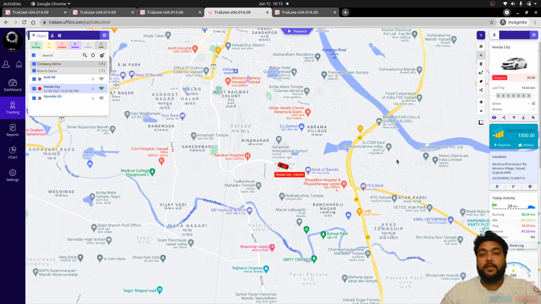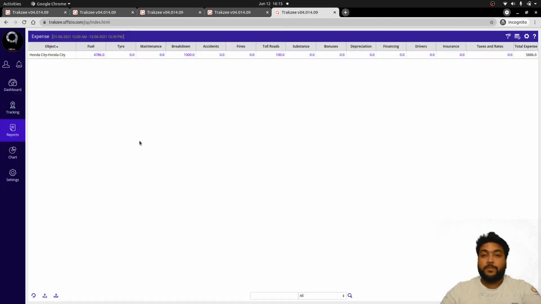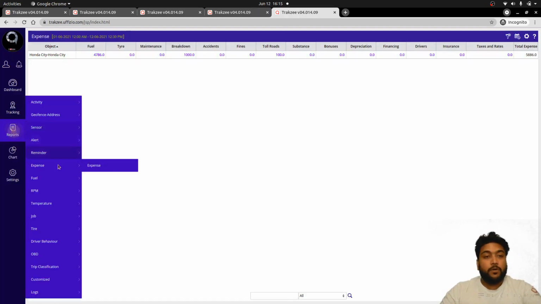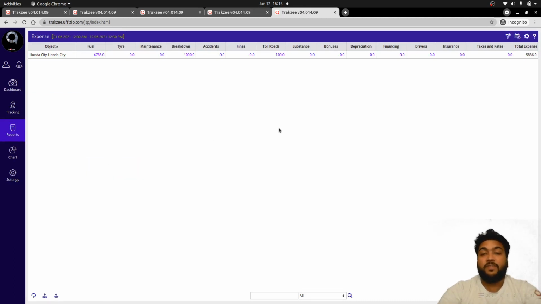So now after adding the expense, we need to monitor the expenditures. That option is available in report. So let's check that option. So here on the expense report, which is available in report, under expense and then expense report, with the selection of the object, you will get the summary information about the already added expenses. So here total expense information will be available, and for each expense type you will get information.